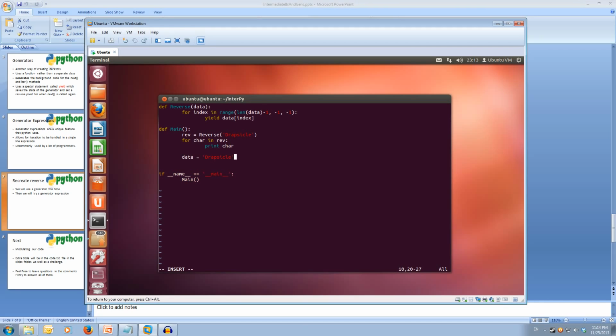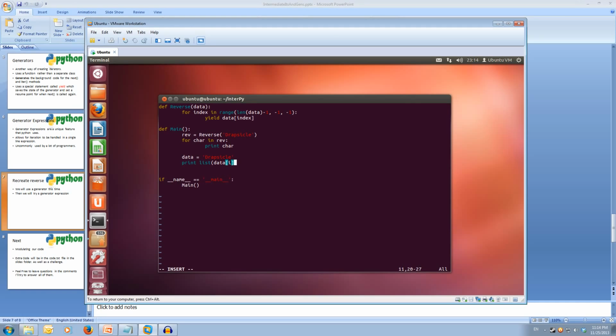And with this data, what I'm going to do is print it out in a list, and then the list is going to be made up of the reversed data. So what we're going to do is we're going to get data I,